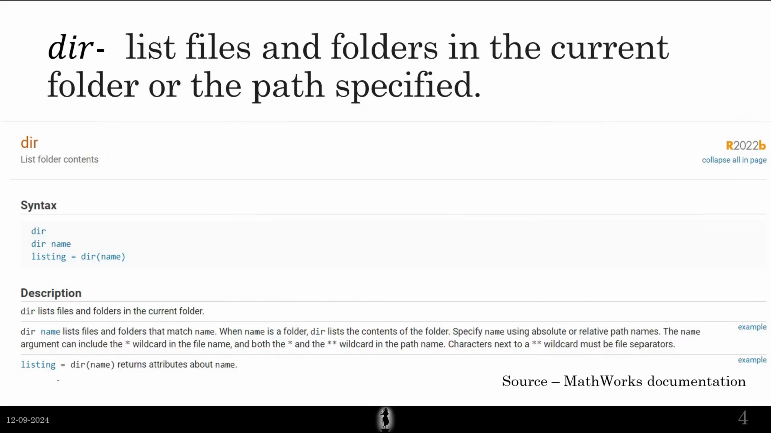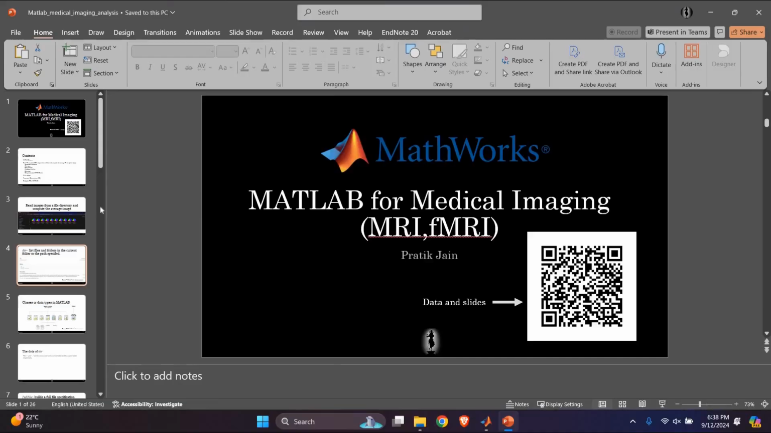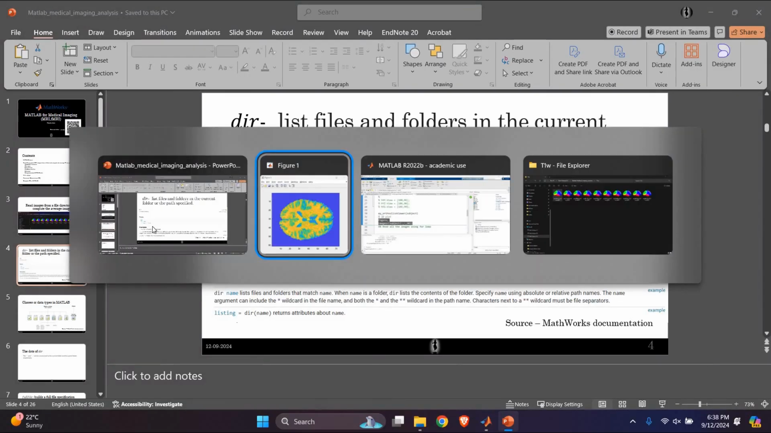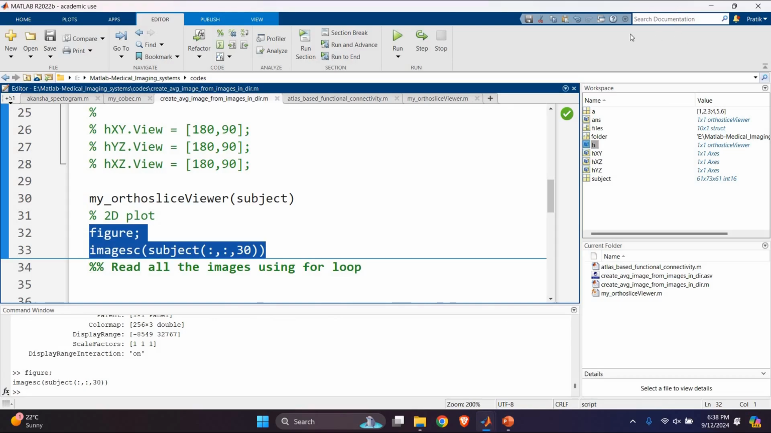Oh yeah. So whatever I'm telling you is all there in the MATLAB documentation. So how did I come to know all of these things? I just type the function that I don't know in MATLAB. So there's a MATLAB help over here. So let's say I don't know what imagesc is,